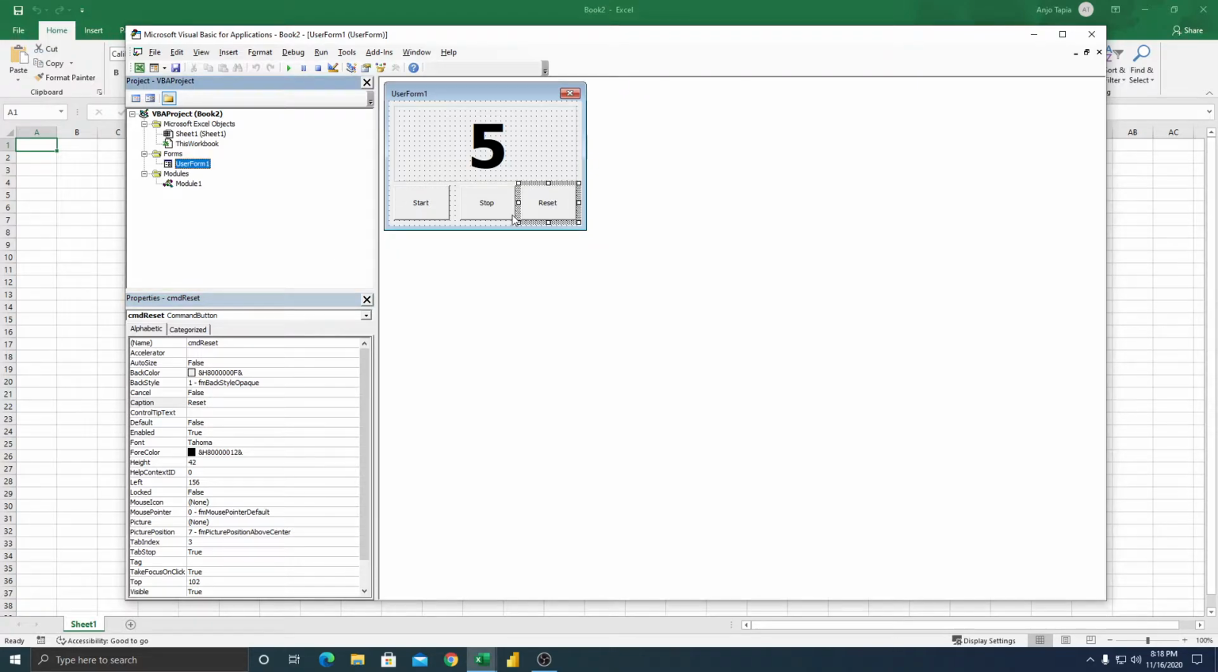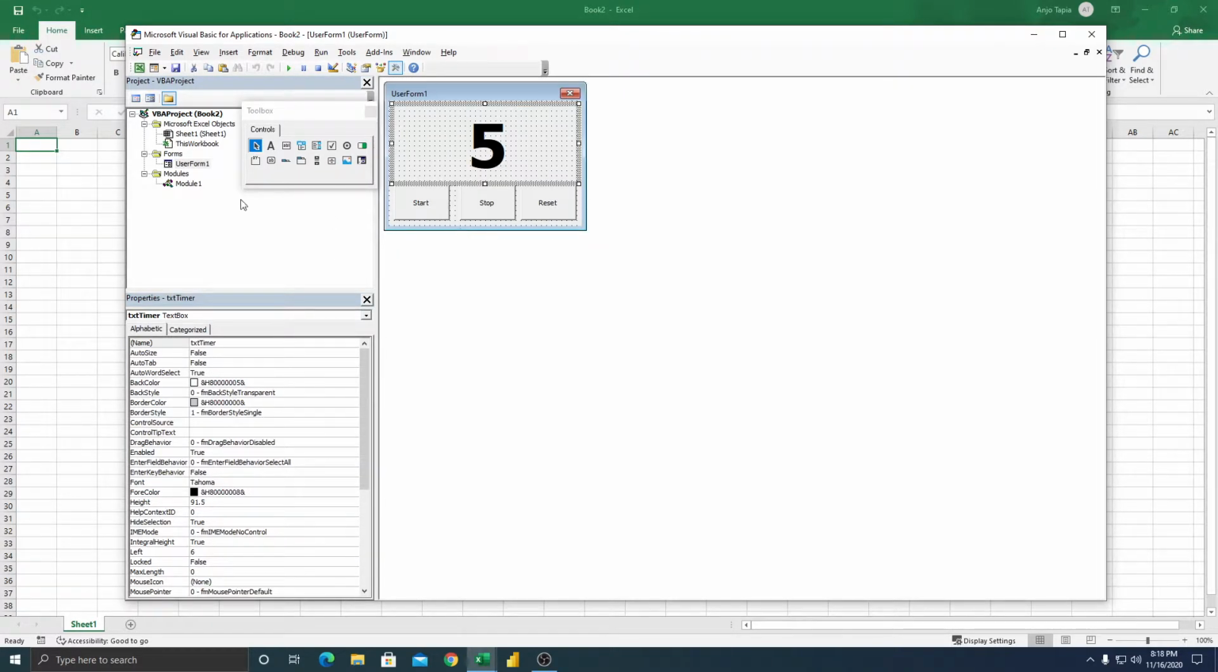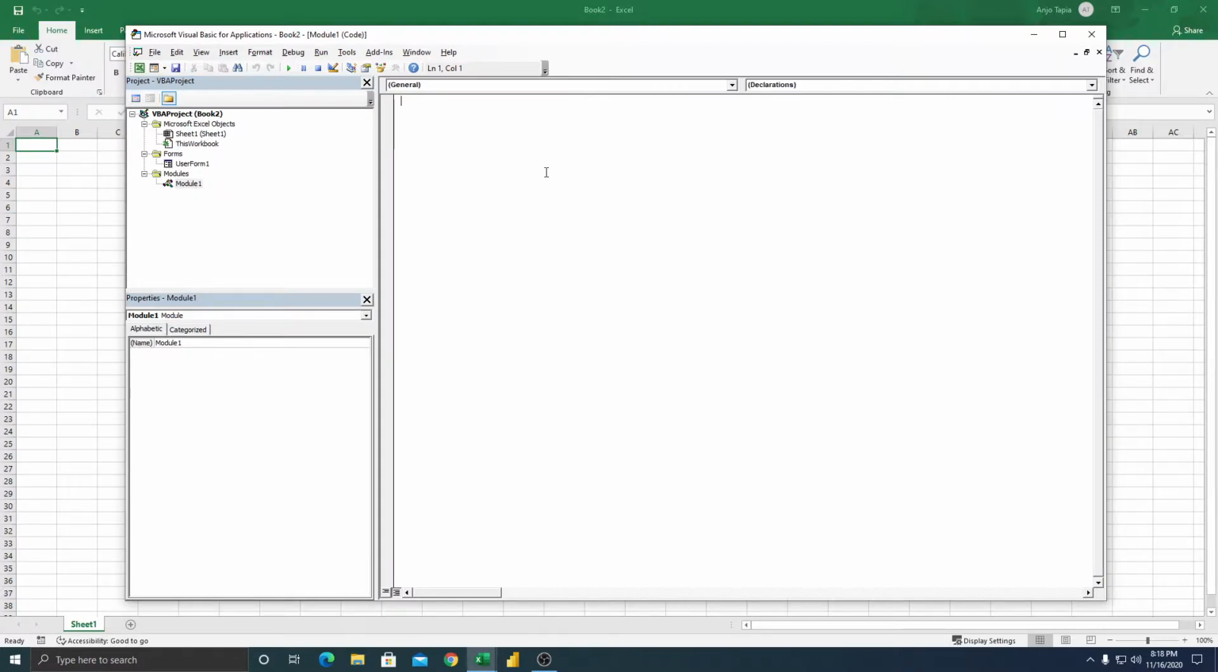All right, so we're set now. Let's go to the module. Let's declare an interval variable. Then the next thing is to create a sub Timer. So in this timer, what we're going to do is